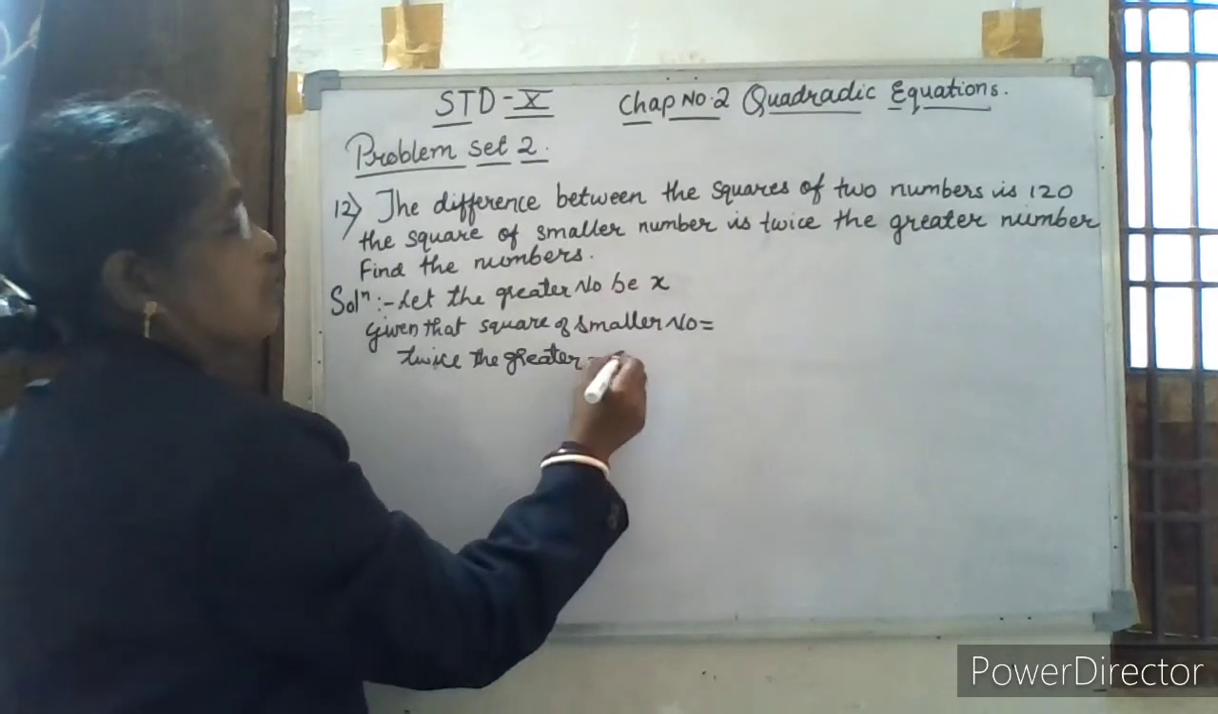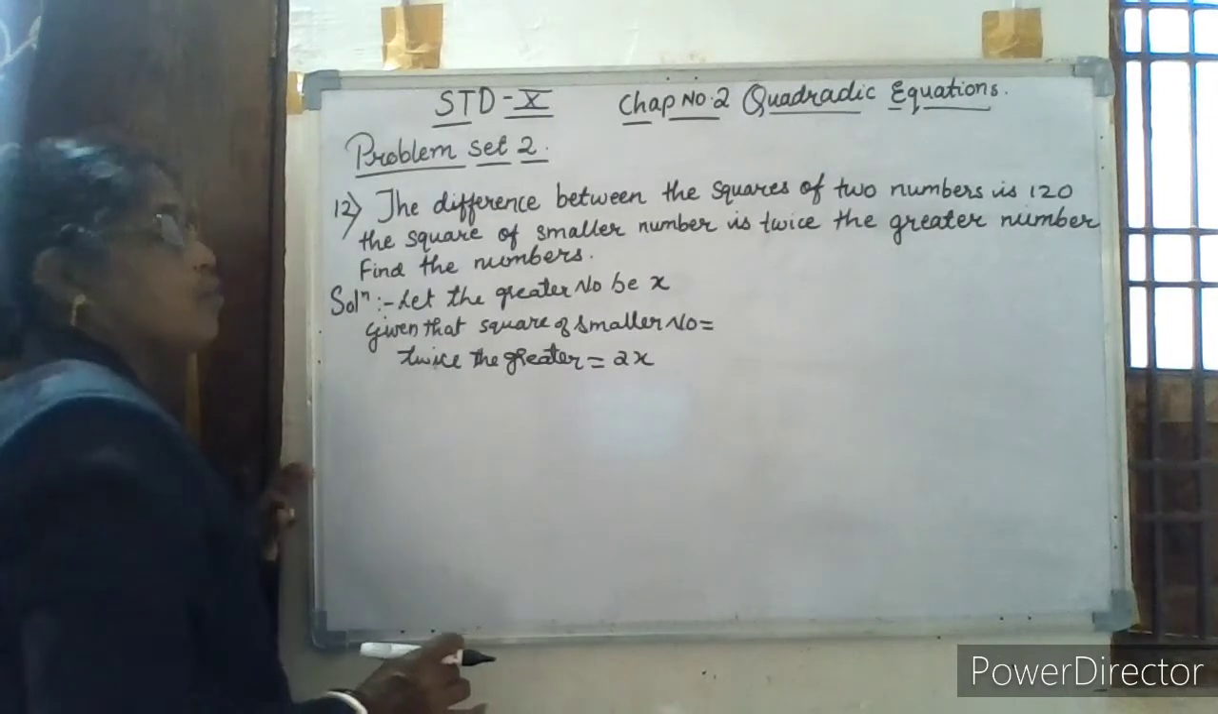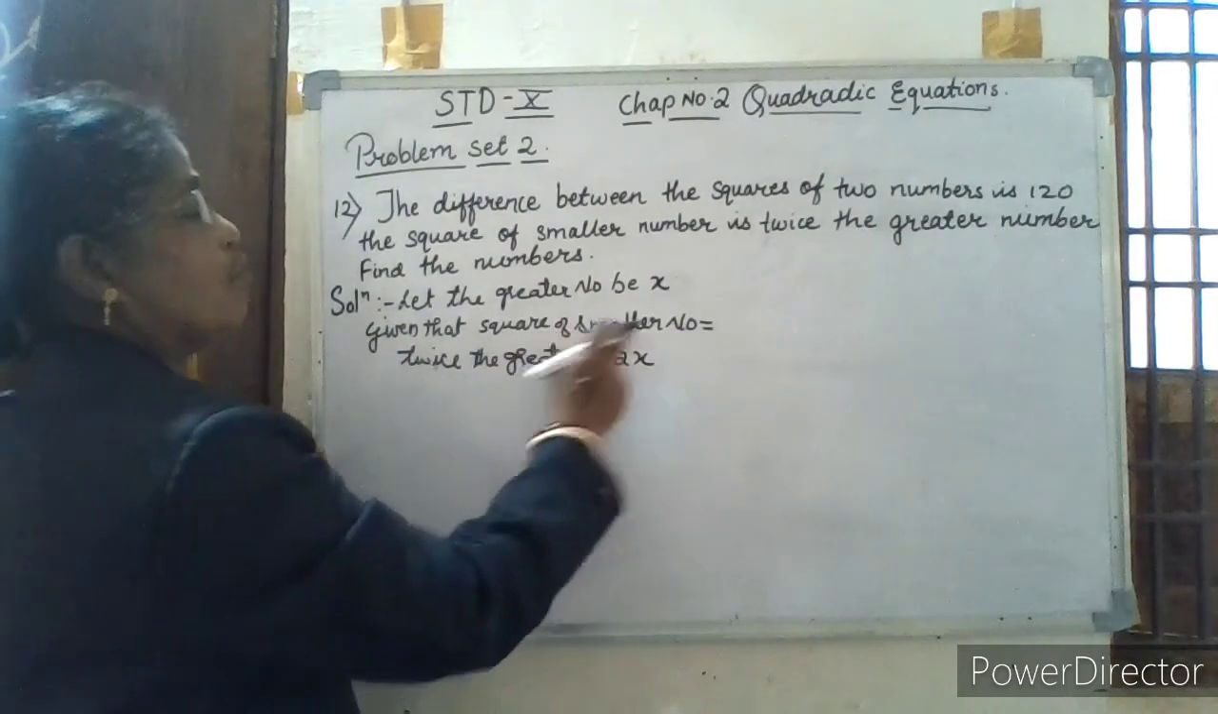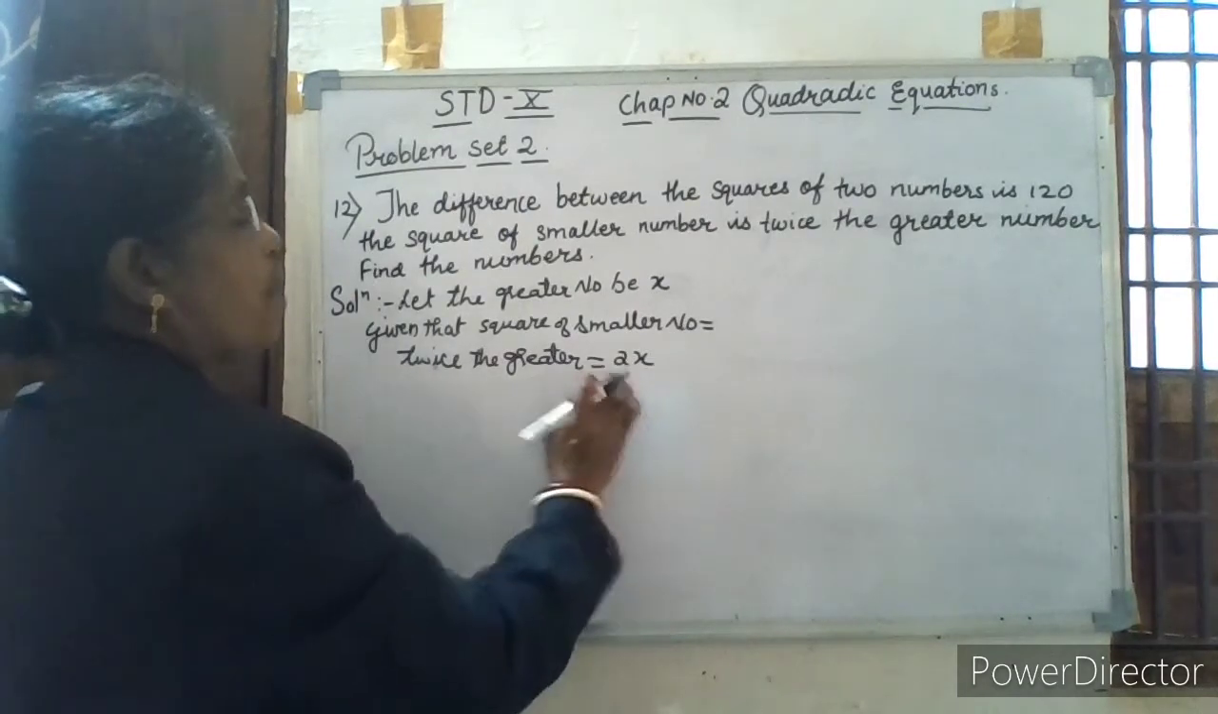That is equal to 2x. That means this number is in the form of a square. The square of the smaller number is twice the greater number. So by condition,